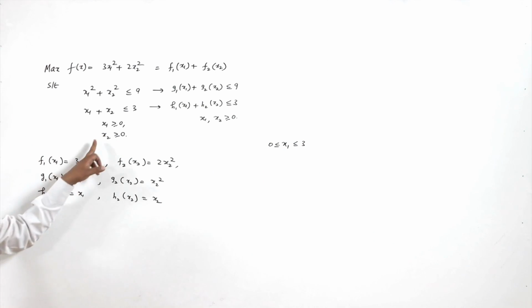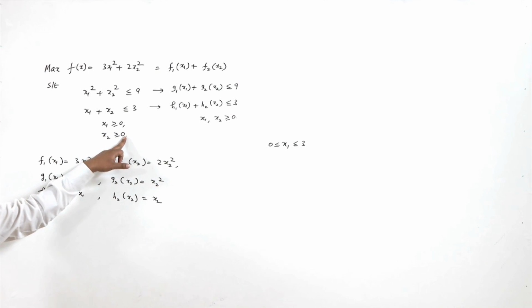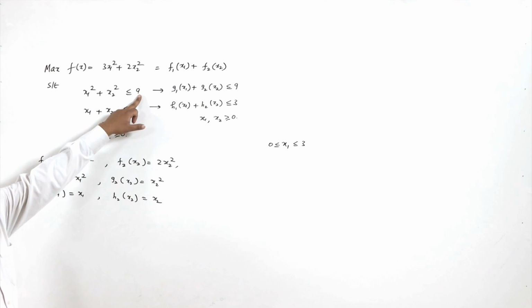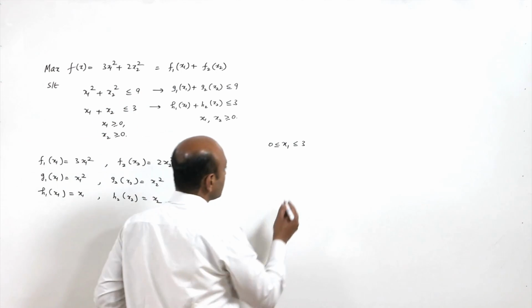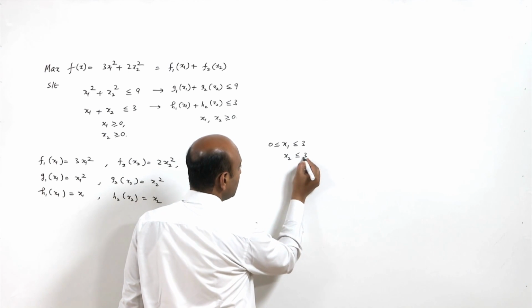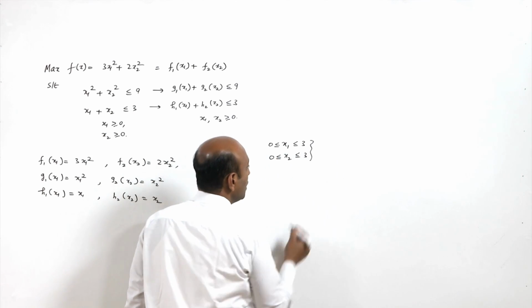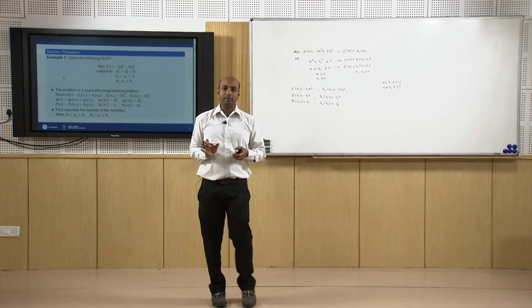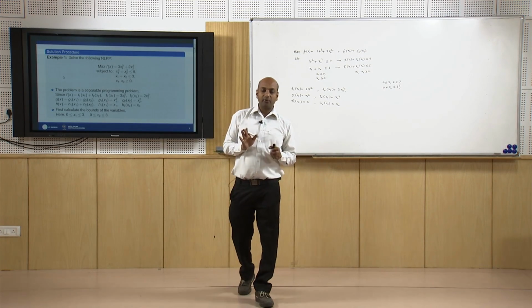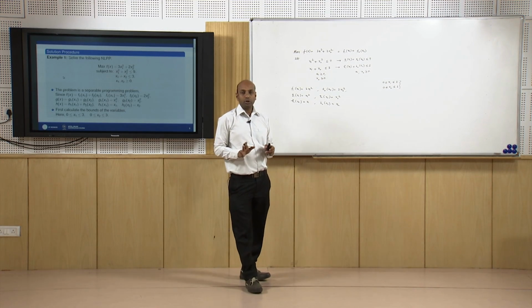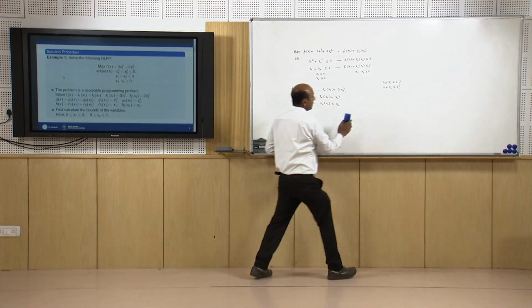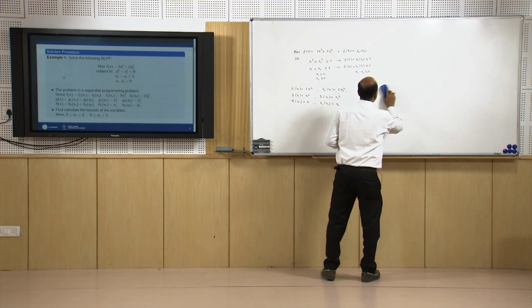Similarly, the lower bound of x2 is 0, it is clear, and the upper bound from this constraint we can say is 3, which also satisfies this constraint. So, the bound for x2 will be greater than or equal to 0 and less than or equal to 3. So, first of all you find bounds corresponding to all the variables involved in the problem. Here we have only two variables, x1 and x2. Next is,